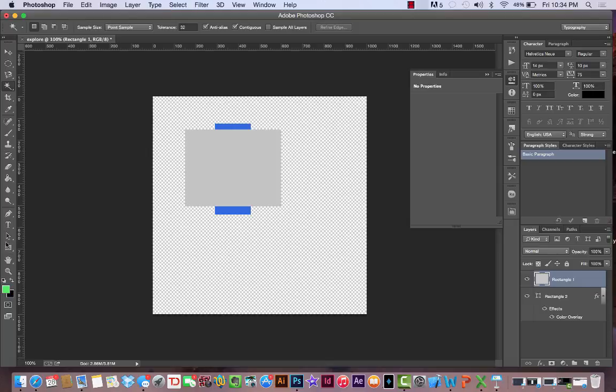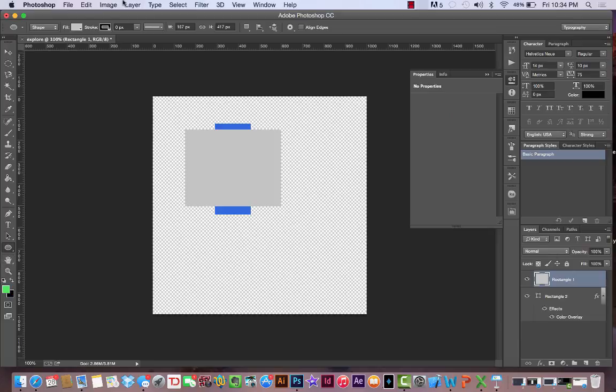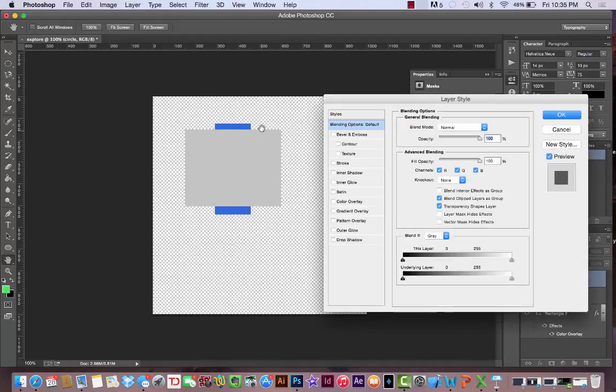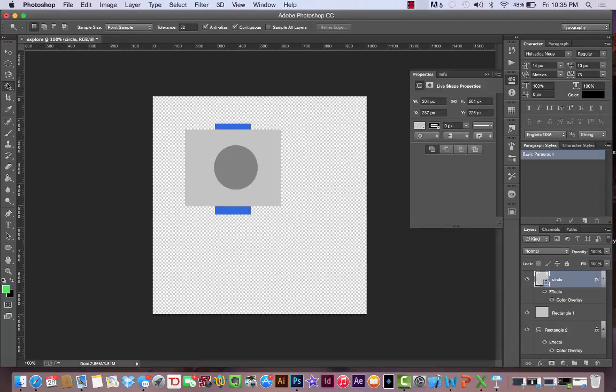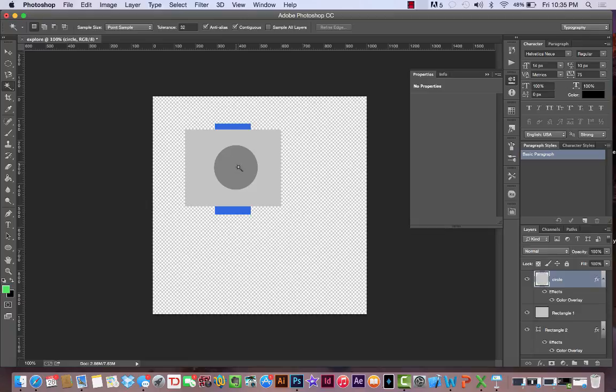So let's draw another shape really quickly, and I'm just going to draw a circle with my ellipse tool, and I'm just going to drag it out. Whoops. And I'm going to create a new layer first and call it Circle. And I'm just going to drag this out, and then let's double click it, change the color, and we'll just keep that dark color. So now I'm going to rasterize this shape as well really quickly, and once again, don't worry about that. So if I wanted to get this darker color and get just this selection, I could use